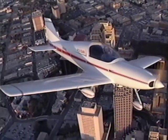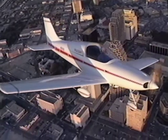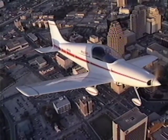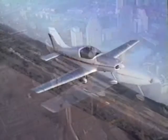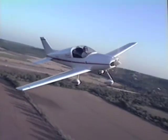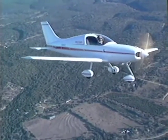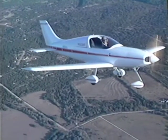Whether flying to the nearest airport for lunch or flying 1,000 miles in one day, the Pulsar is always fast and efficient. Even at reduced power settings, cruise speeds of up to 140 miles an hour will be obtained. With a service ceiling of 15,000 feet, smooth, cool altitudes can always be reached for comfortable en route cruise. And with a full fuel range between 500 to 600 miles,